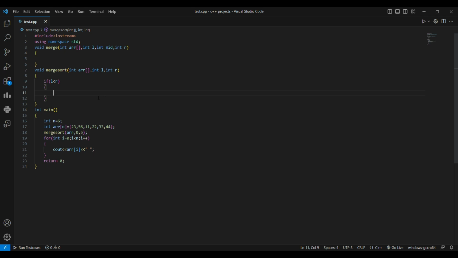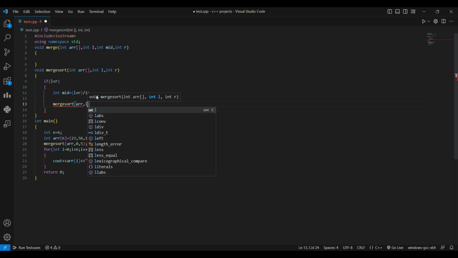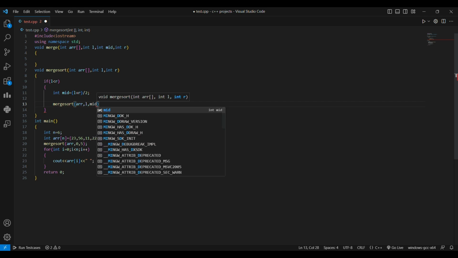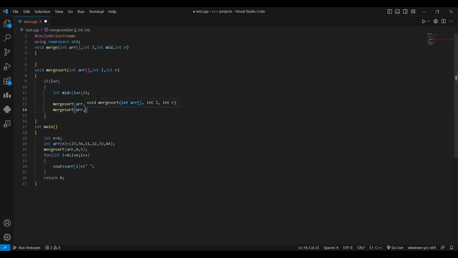I created an int mid variable which takes the mid value, L plus R, divided by 2. And then we call the merge sort. I place the array as an argument, and our left-hand side remains the left-hand side, and our right will be mid. And then again we call merge sort. The array should be there, and now the starting element of the divided array will be mid plus 1, and then just the